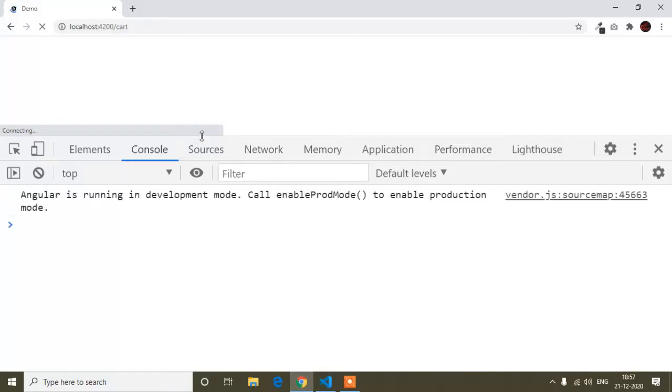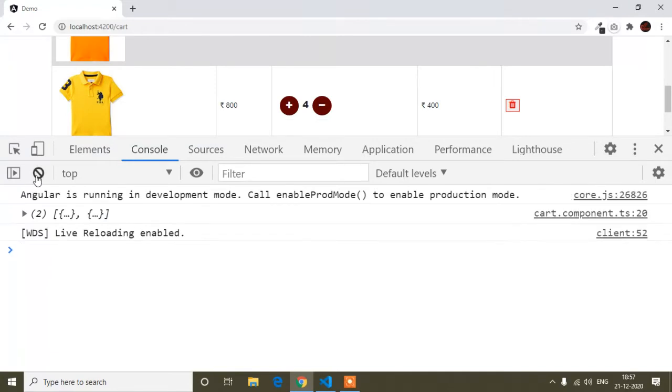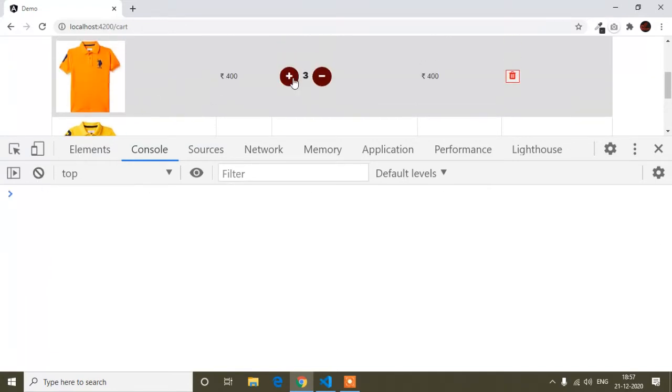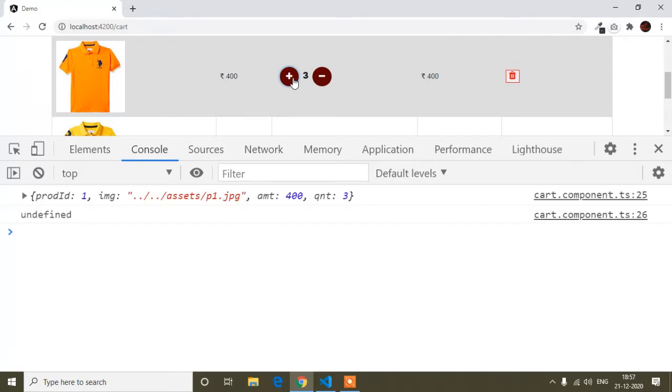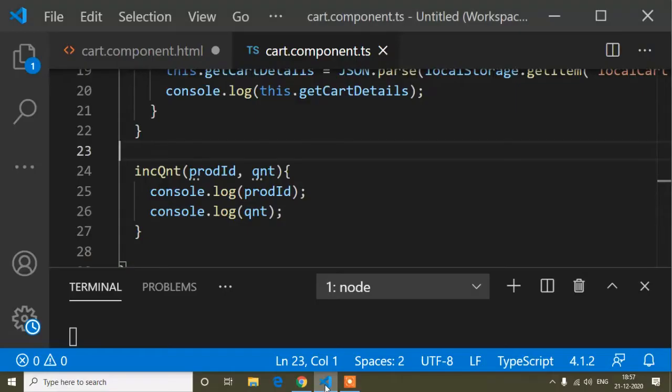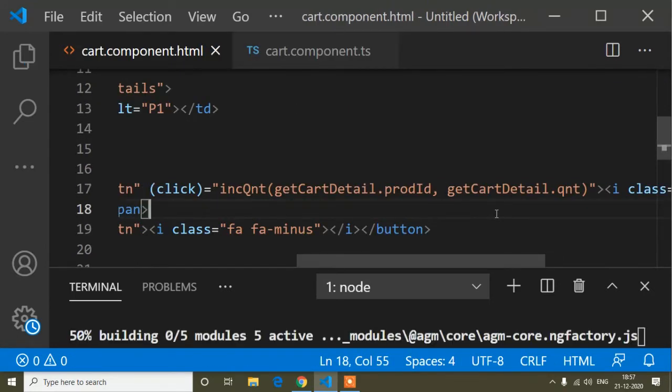So now I am in the console. If I click this button, I forgot to save here, I think.